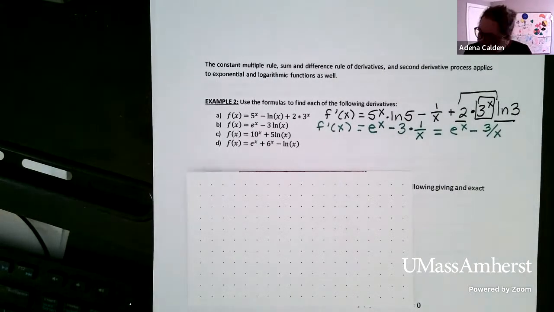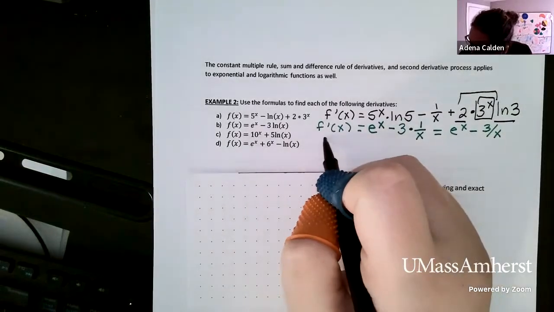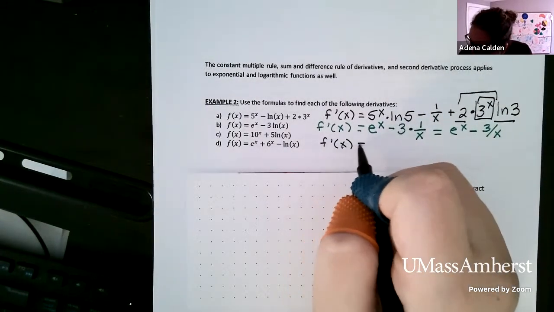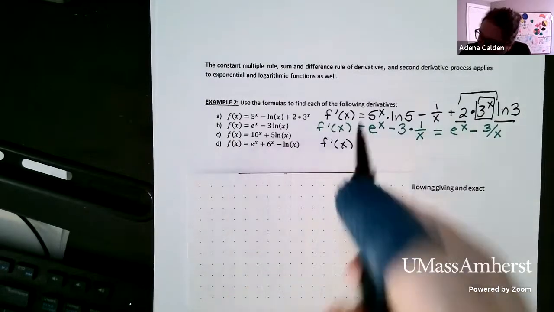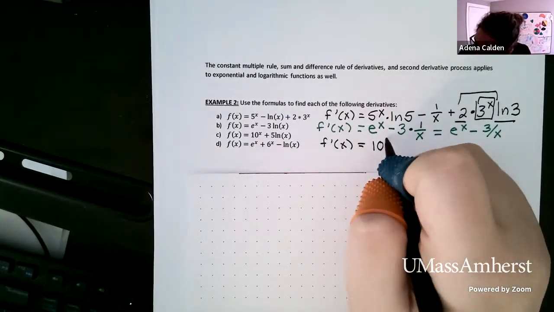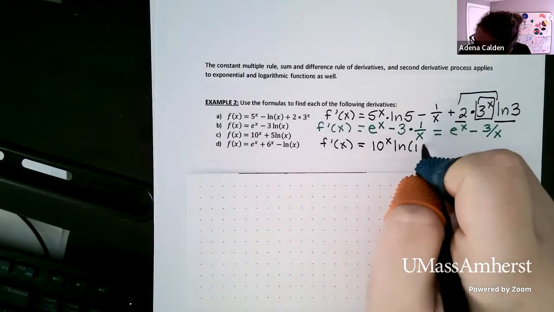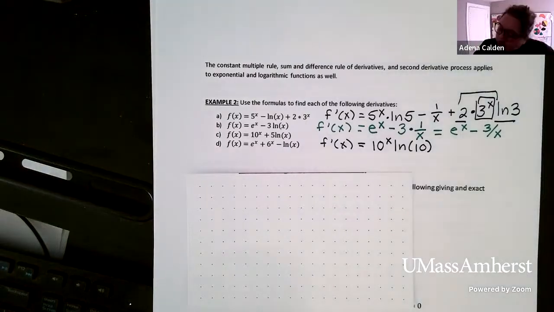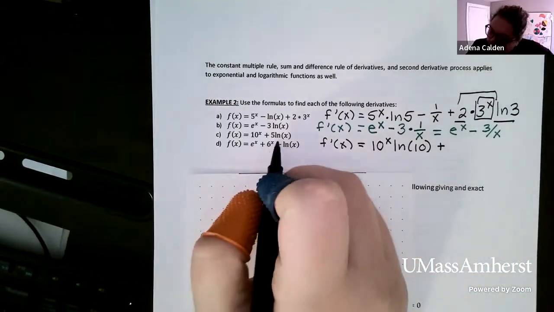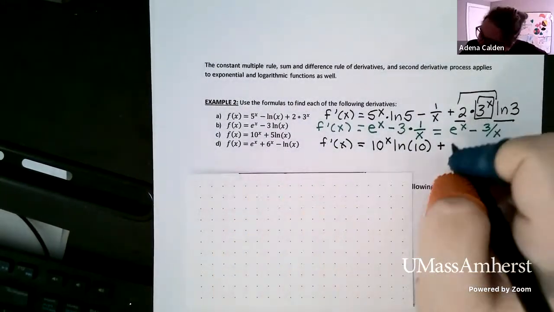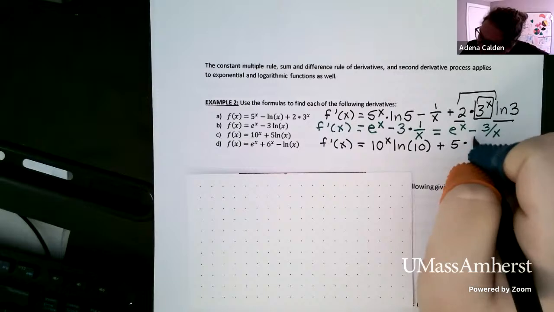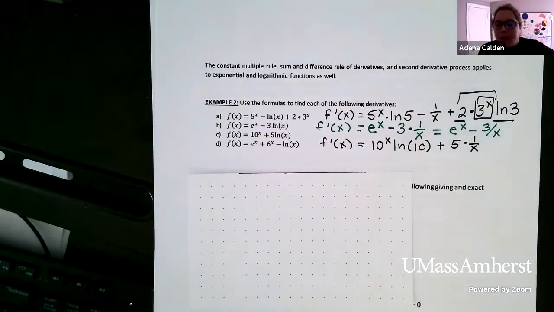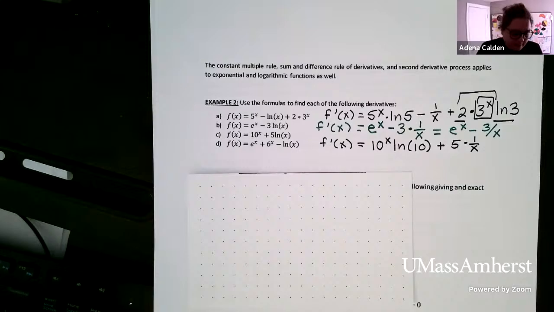For part C, we're going to take the derivative here. Again, term by term. We start with 10 to the x. The derivative of 10 to the x is 10 to the x times the natural log of the base. The base is 10 here, so we have 10 to the x times the natural log of 10. Plus, the second term is 5 times the natural log of x. Again, the 5 is a constant multiple, so 5 times 1 over x, or you can write it as 5 over x. And then finally,